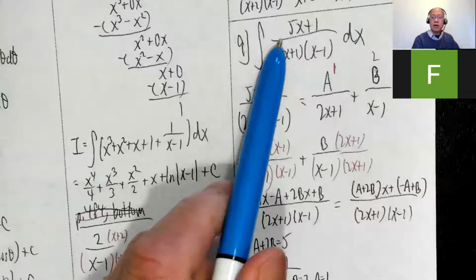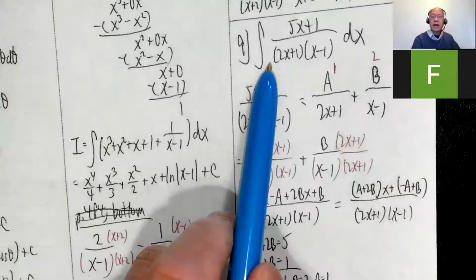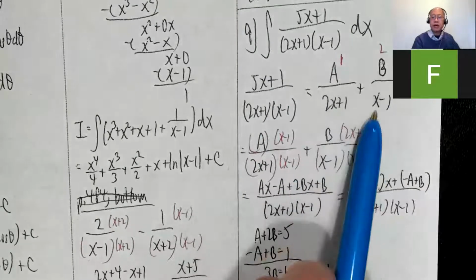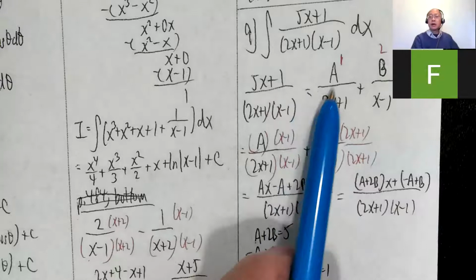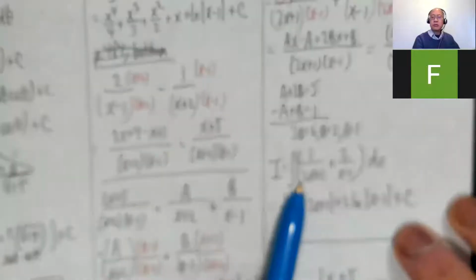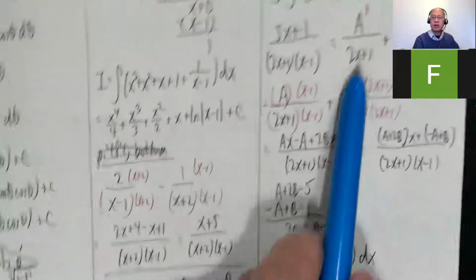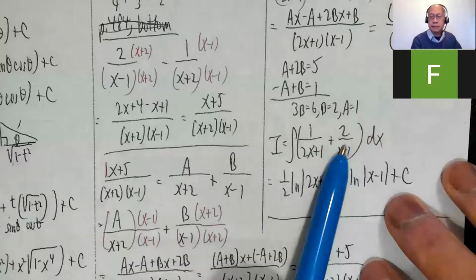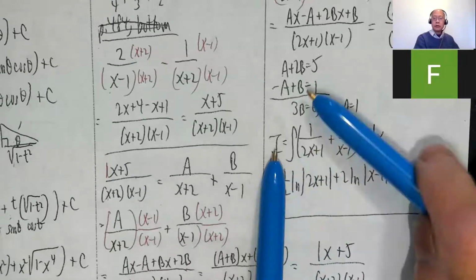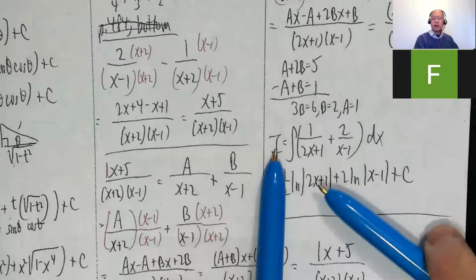So the original integral, this funny fraction, I can now write as something over 2x plus 1 plus something over x minus 1. And I found out the somethings are 1 and 2. So my original integral is 1 over 2x plus 1 plus 2 over x minus 1. And now that's very easy. Okay, so integrate ln absolute value of 2x plus 1